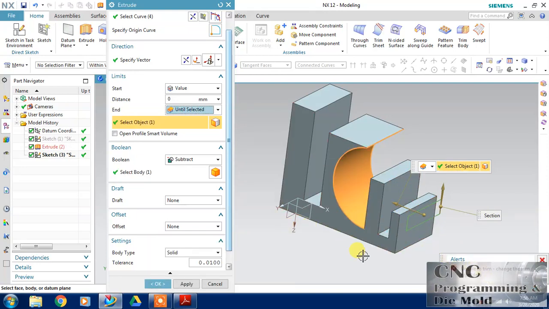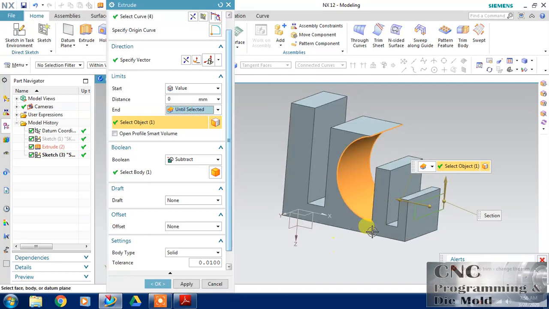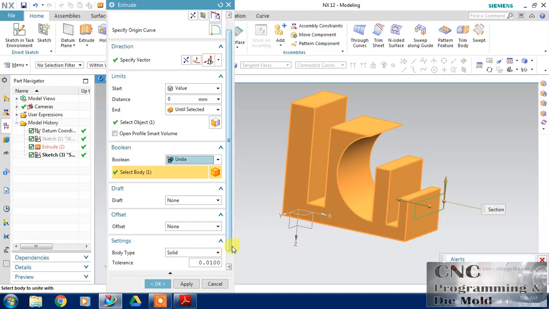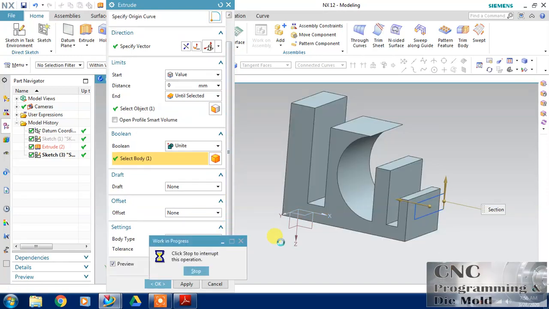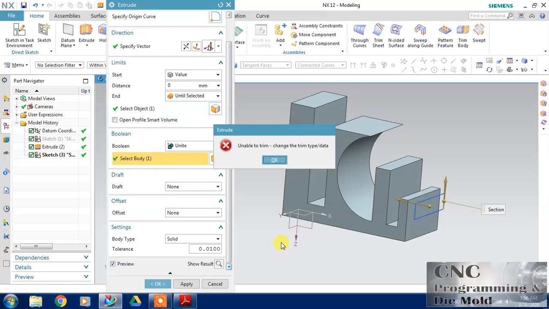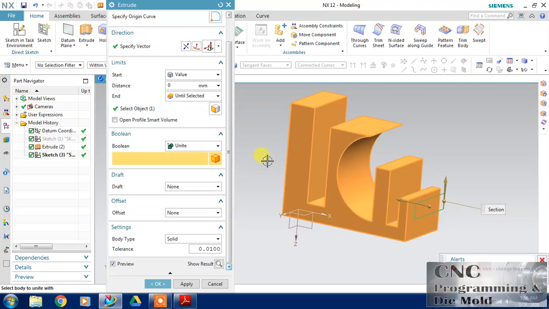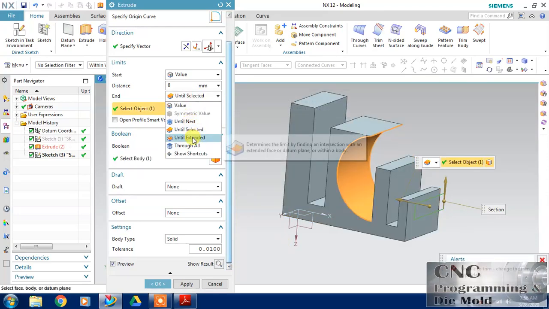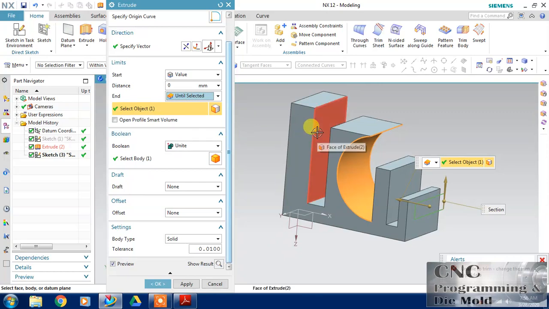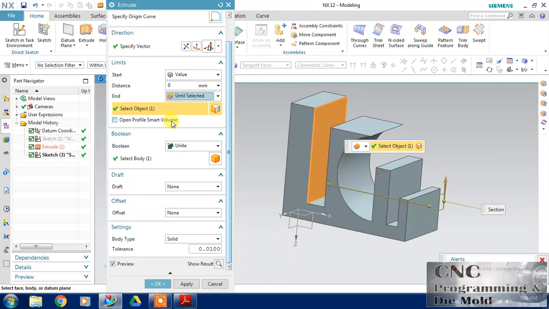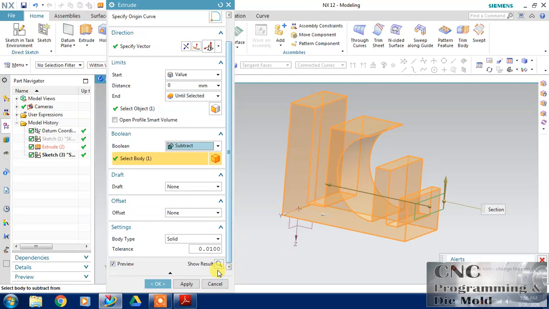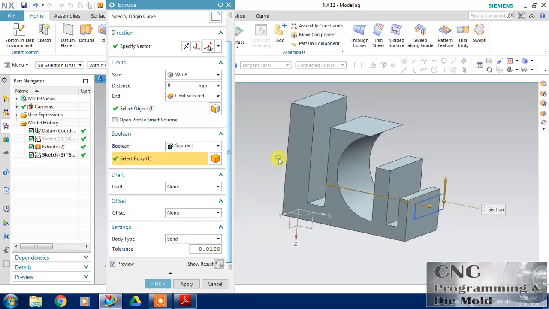It is not possible this time to cut these two bodies, or I choose this unite. Maybe possible. If it is possible, no, it is not possible. I choose until selected, I choose this face. No, it is not giving the result.